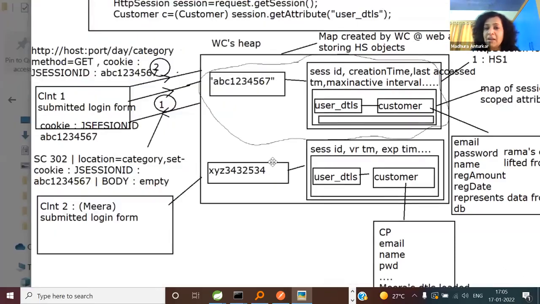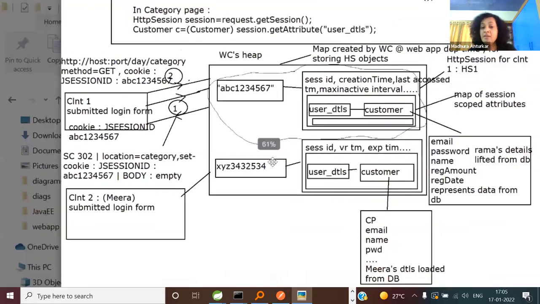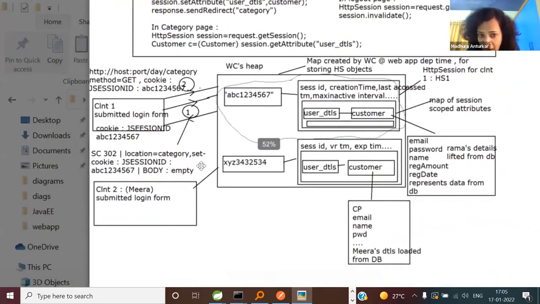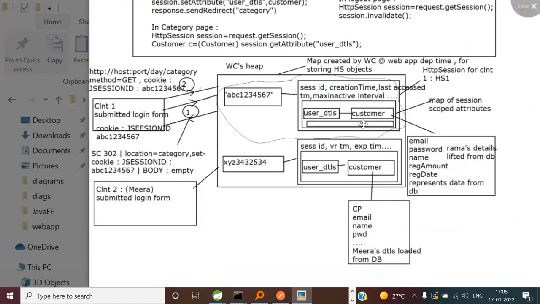Now think a little bit like a container. So now you will see that outer box. Think like a container and you will realize the problem. The container wants to store all these HTTP session objects and refer to the individual one whenever a client sends a request. In simple English, suppose I have got C5, meaning the 5th client. What should it lift the details from? HS1, HS2 or HS5 or HS10? Just give me an answer.